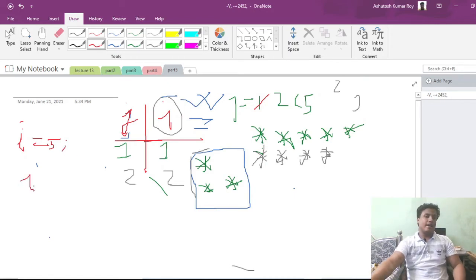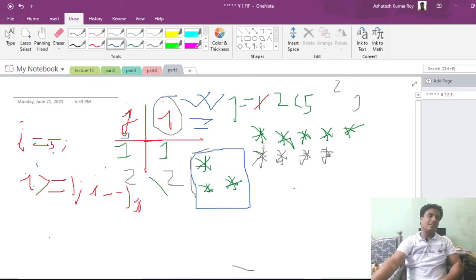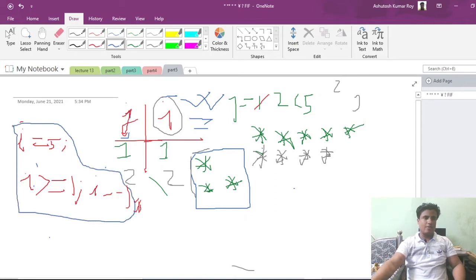Then compare I as long as it is greater than or equal to 1, then I minus minus. So what will it do? Initially the I value is 5. Let me just remember this point. Remember this logic, I'm going to show you in the next slide. Its space has run out.